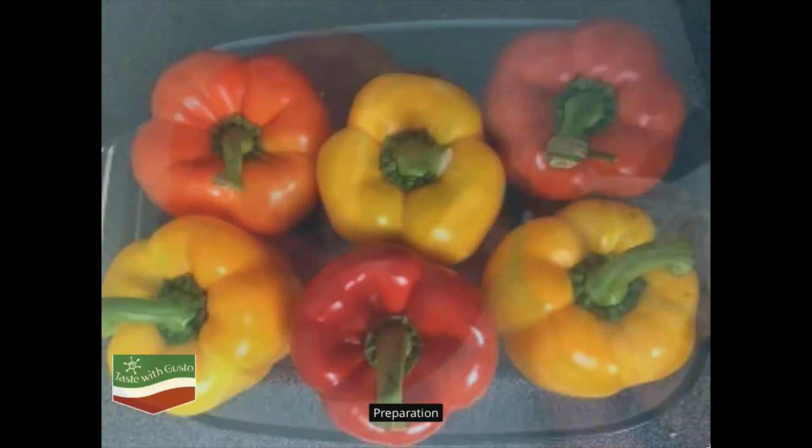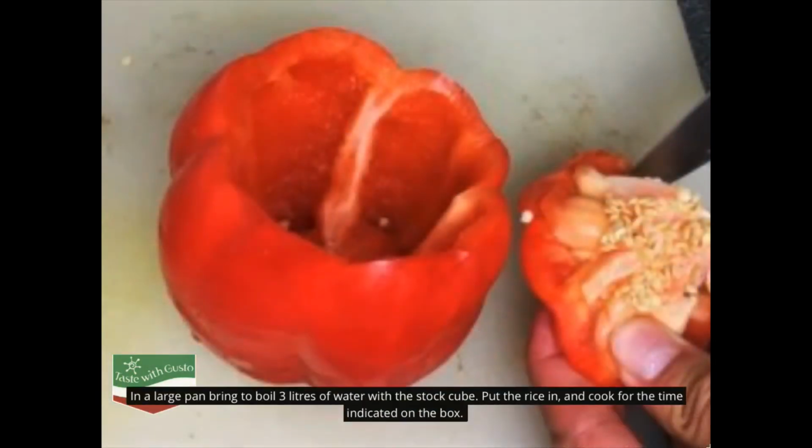Preparation. In a large pan, bring to boil 3 liters of water with the stock cube. Put the rice in, and cook for the time indicated on the box. Drain when cooked. Meanwhile, with a small knife, wash the peppers, cut their tops off and reserve, then scoop out